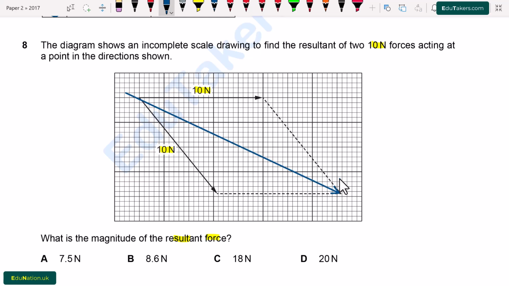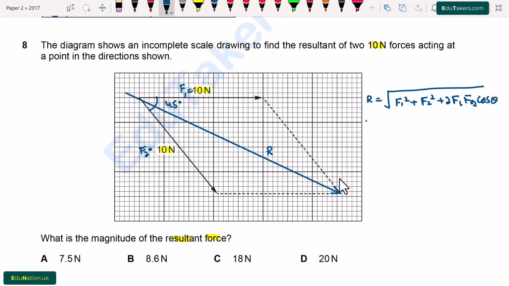So this vector is the resultant of both of these forces. I represent it with R. We also have to find out the magnitude of the resultant force. R is equal to square root of F1 square plus F2 square plus 2F1F2 cos theta. Here F1 is 10 Newton and F2 is equal to 10 Newton. This theta is basically the angle between both of these forces, which is equal to 45 degree.